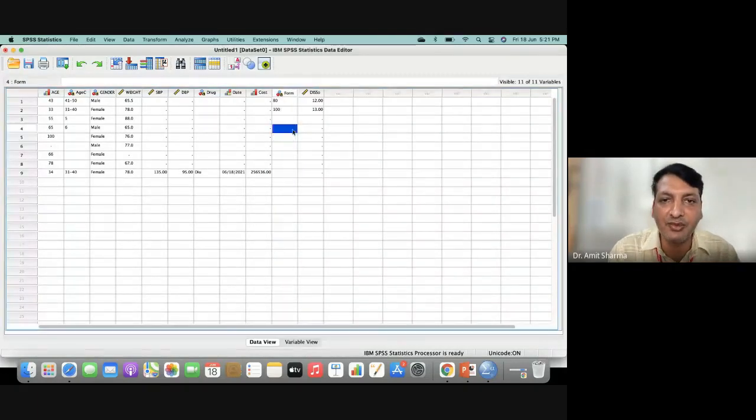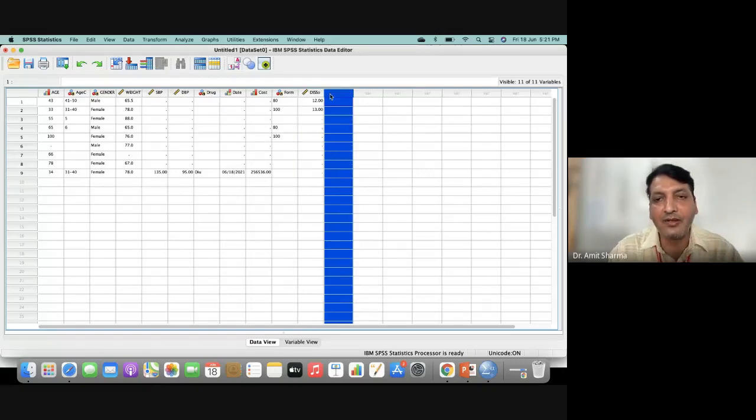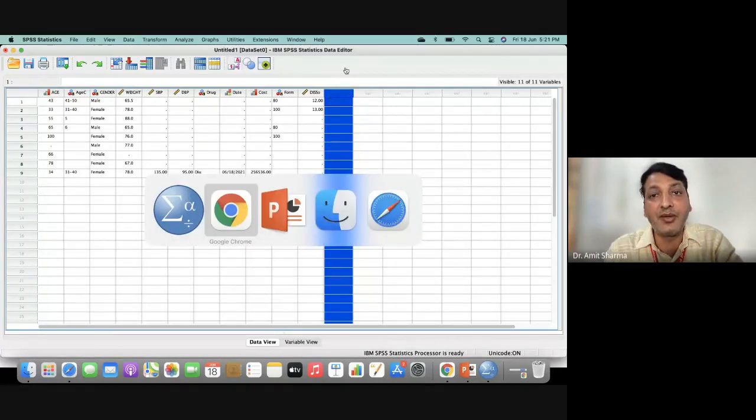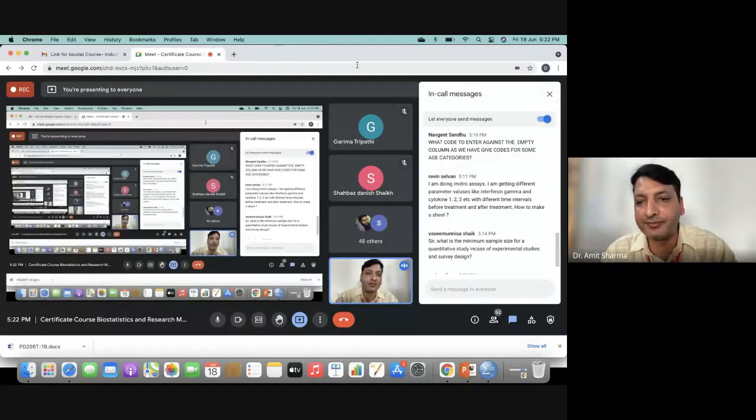For example, this is a column, you can choose instead of 81 or instead of 100, 2. And for a before and after study, one column will be made for the reading before, and another column will be made for the reading afterwards. And there is a special test called the paired sample t-test for a study like before and after. So that test we are going to do after 4 or 5 days, in the 4th or 5th class. At that time I will show you how I have added data for a study in which we have to proceed with data called before and after.